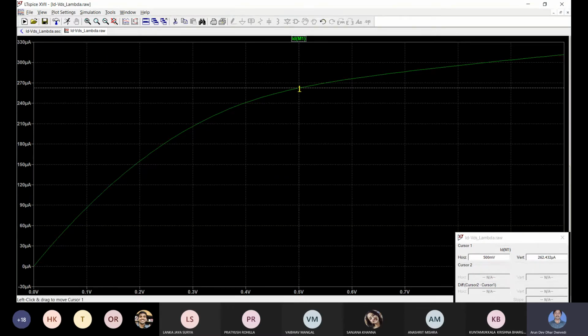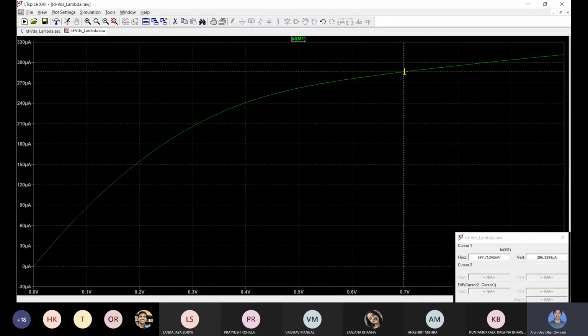This we can move anywhere. So suppose you want to read here. When input voltage is around 0.7 volt, what is the current? Now you can read the current at 286.54 microampere.